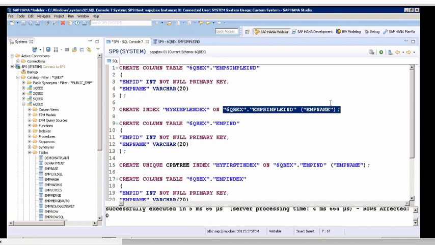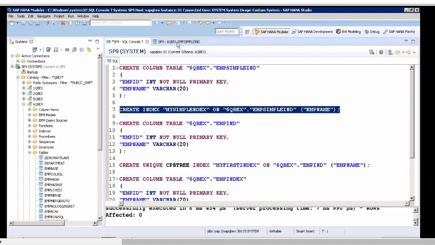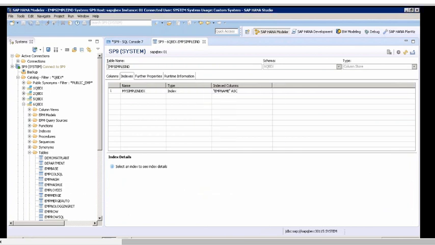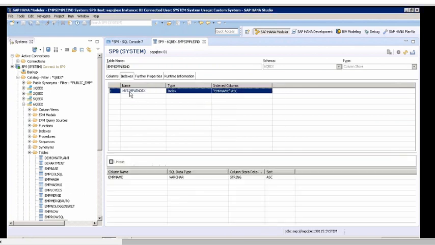But did I specify here what type of index it is? Since this data type is varchar, it is going to create a CPB tree. If you don't specify anything, if you just create an index, the system will define what type of index to create based on the data type of those columns. Then select this and say execute. I can see it here. You can see there's an index, my simple index, which is created on the EMP name column. It shows whether it is unique or non-unique. This is how you create an index, and like this, you can create an index with SQL.